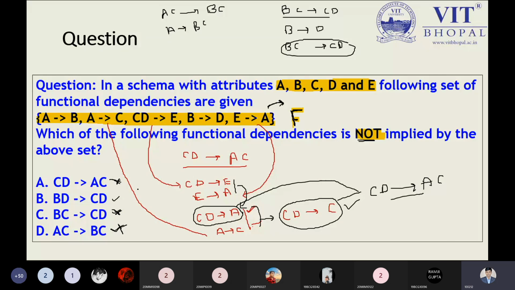So you have to choose any one of the functional dependencies to solve the question. You have to check whether it lies in the relation or not. But it is lying, so we can't take it. So this is true, we can say. This is true, and this is true. And the last one we have is BD determinant to CD. Is BD determinant to CD possible? You can also try. Try and tell me, is it possible or not?